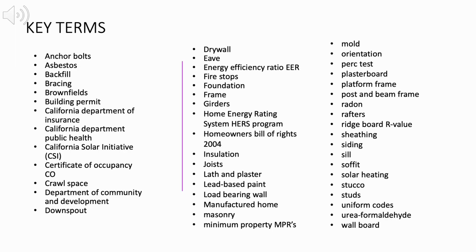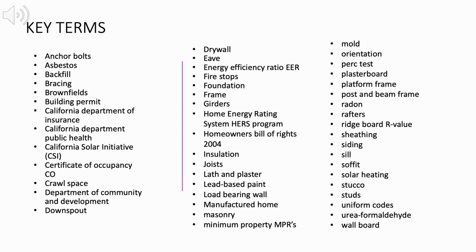Key terms: anchor bolts, asbestos, backfill, bracing, brownfields, building permit, California Department of Insurance, California Department of Public Health, California Solar Initiative, CSI, Certificate of Occupancy, CO, crawl space, Department of Community and Development, downspout, drywall, eave, energy efficiency ratio, EER, fire stops, foundation, frame, girders, Home Energy Rating System, HERS program, Homeowners Bill of Rights 2004,